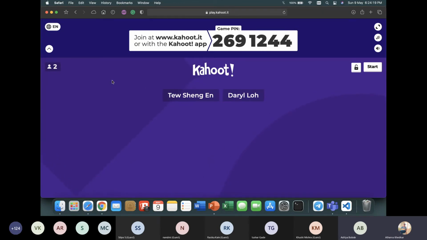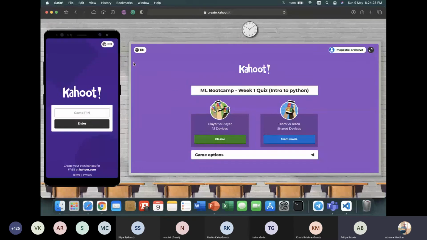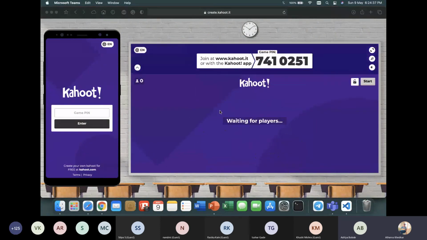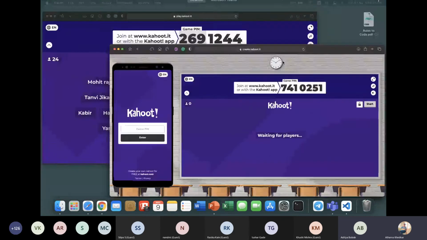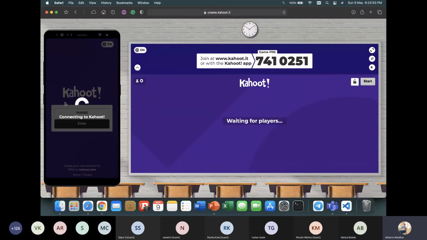Right, so Daryl is here. And for those of you who don't know how this platform works, you just start joining with this game pin, and till that time, you can see here how it works. So this is my screen, the thing that shows as a blackboard. And this is where you would be joining. Don't join this game pin, this is just for an introduction. I have put the game pin in the chat box. Yeah, right. Great. So just enter that game pin and join.